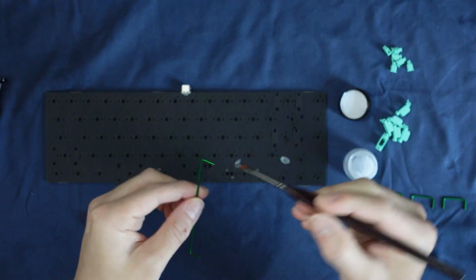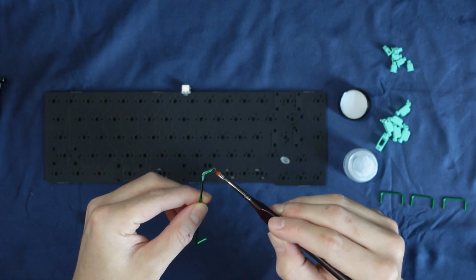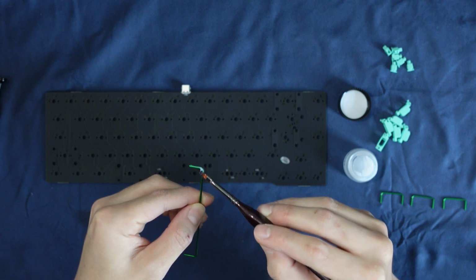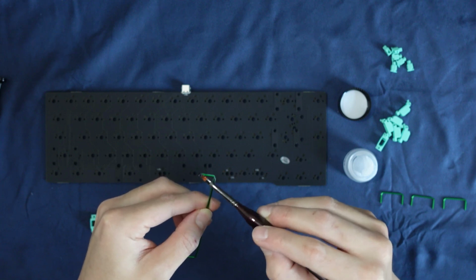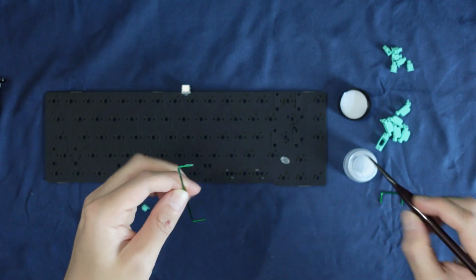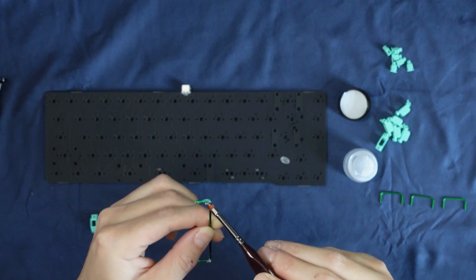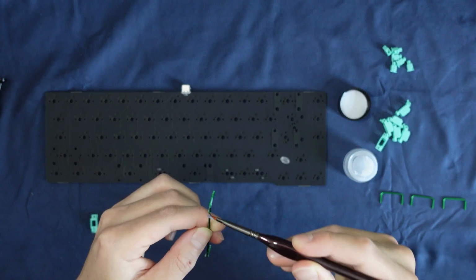I like to take a heaping glob of lube and brush it along the ends and bends of the wires. I'll sometimes even dip them in for a lube bath, but I opted for the brush method this time. It's okay to be very generous with the amount of lube that you put on the wires. I find that as long as lube isn't actually dripping onto my PCB, it actually helps eliminate the rattle